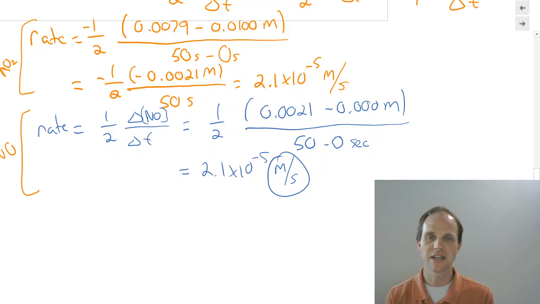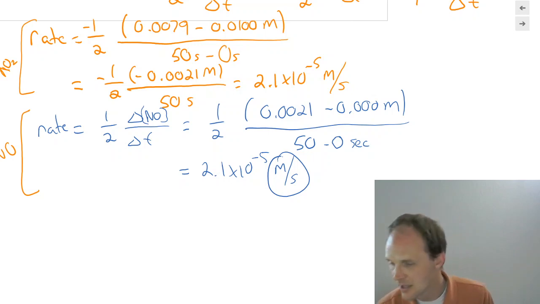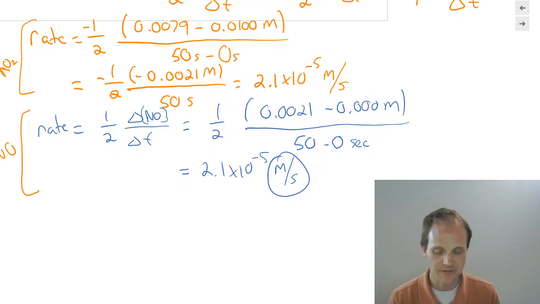And that's usually going to be our unit of rate. Molarity is by far the most common unit that we're going to use for concentration. Seconds is by far the most common unit we're going to see for time. We can write them as molar per hour, molar per day, right? For very slow reactions, maybe we'll do molar per hour, but it's most common to write molar per second. All right, we get the same number, 2.1 times 10 to the minus 5th. And by the way, the 2 sig figs in these just come from the subtraction or even from the 50 seconds. We're going to assume that we've got some sig figs on the 50 because the table says plus or minus 1 second. That gives us 2 sig figs.